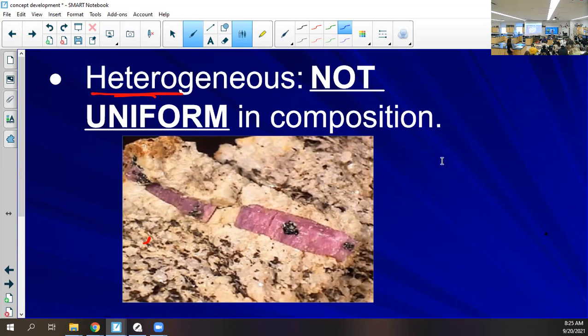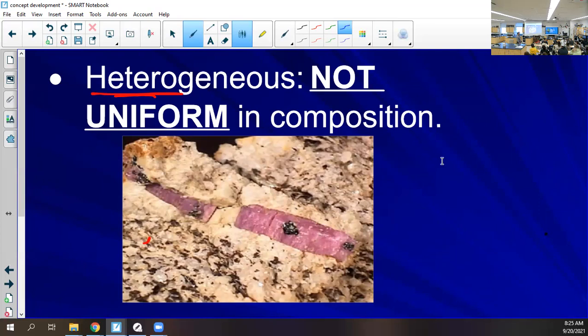So this is a piece of granite. Granite is considered a heterogeneous rock because it is not uniform in composition. We have some pure granite, we have some blue schist, we have some onyx, we have multiple types of things, all just gobbled up in this granite. So when you look at something, if it doesn't look all the same, we are going to define it as